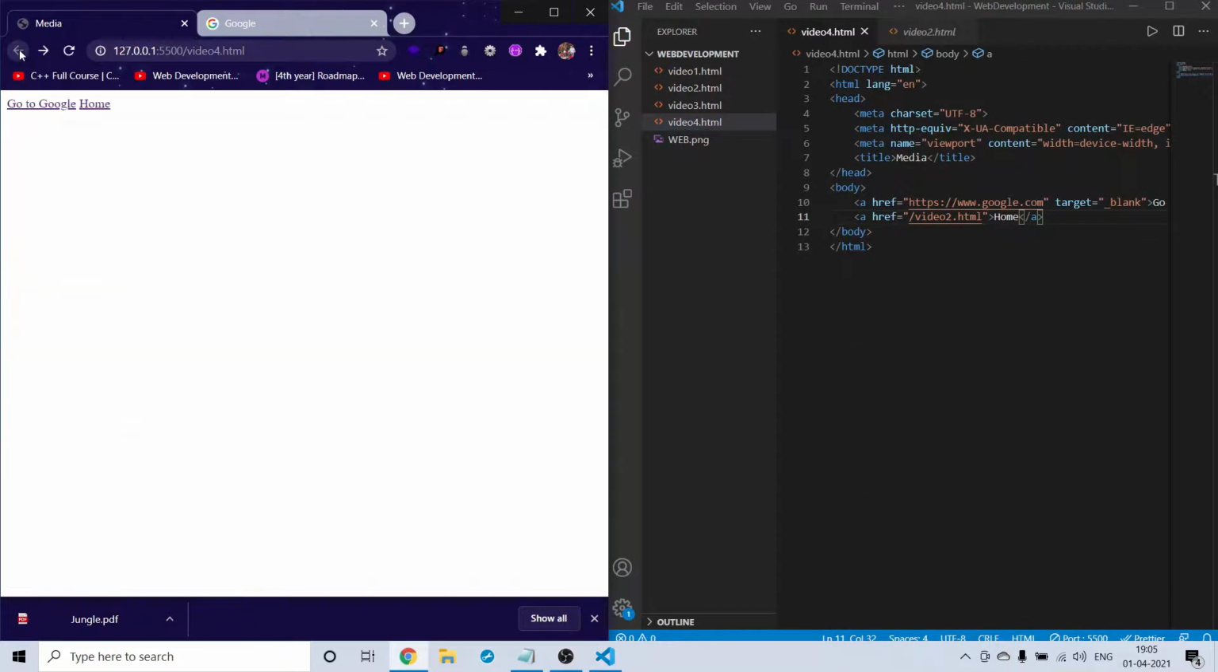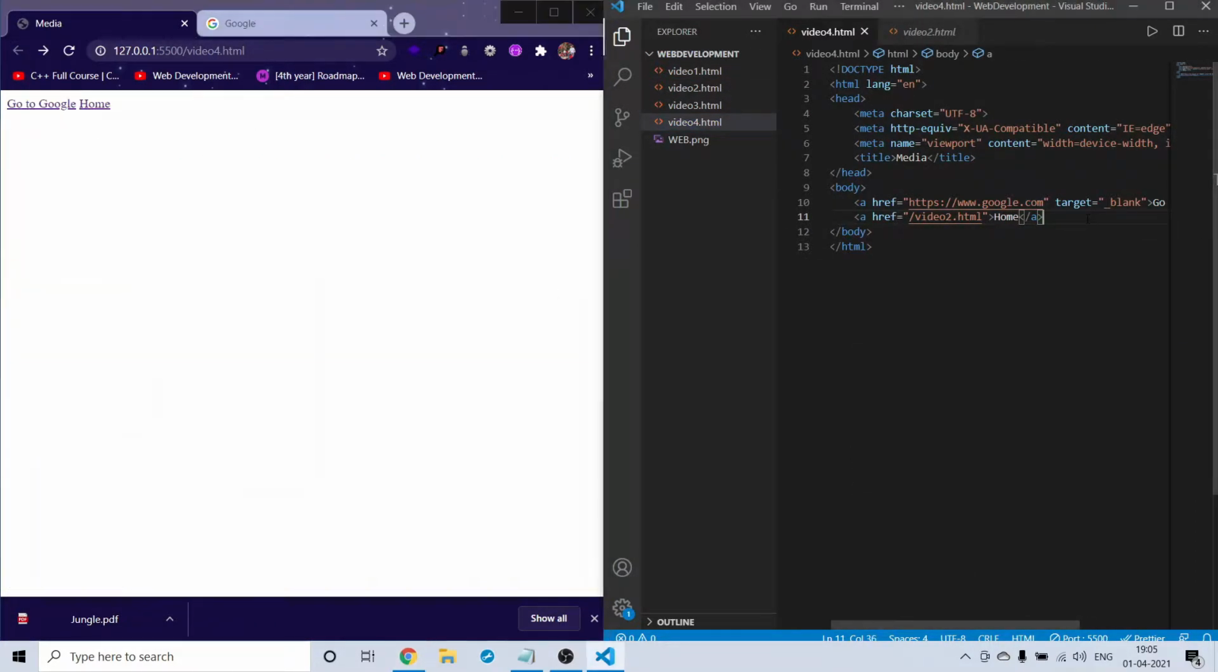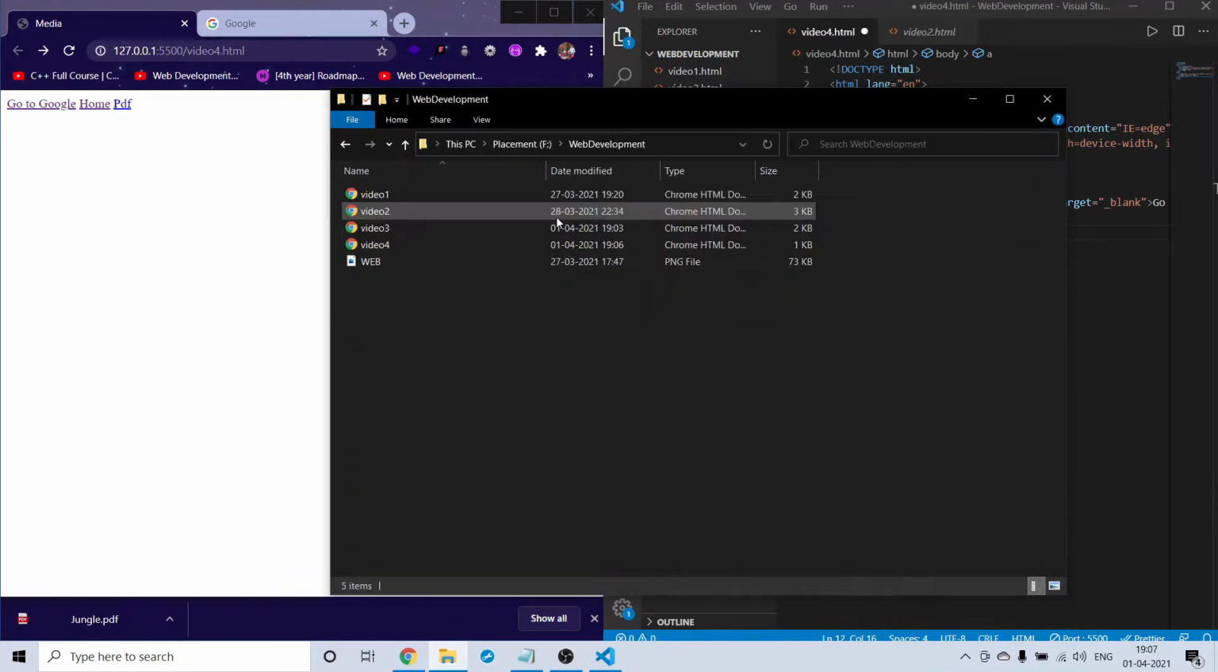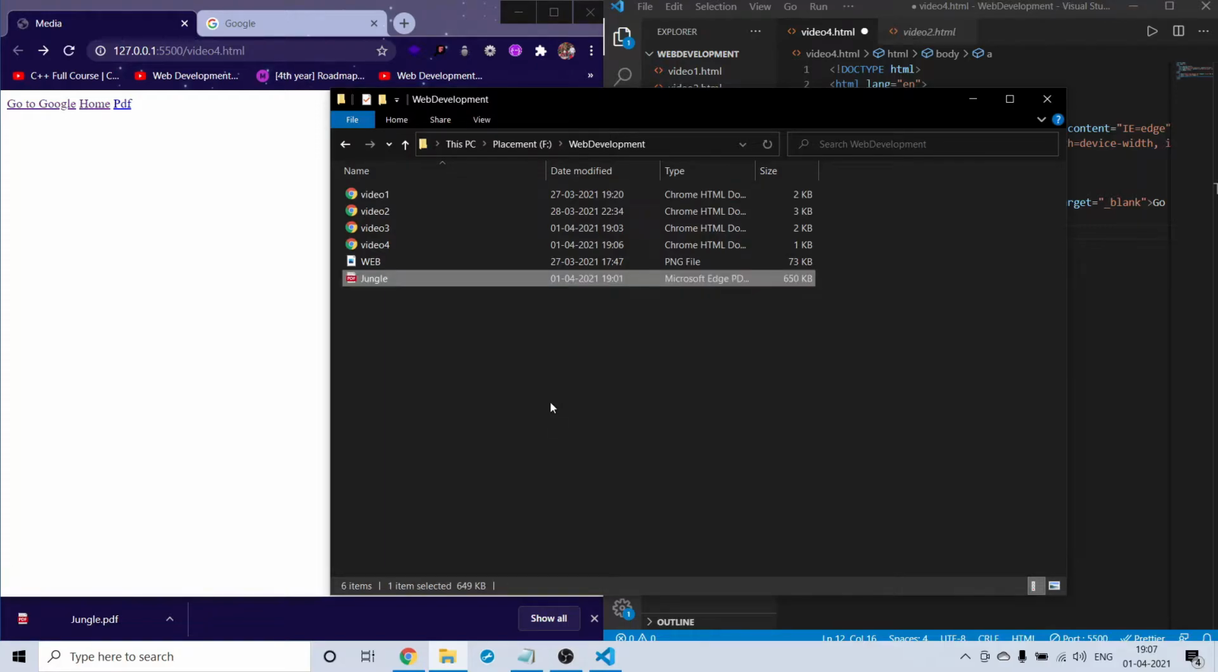Now let us come back here, and now we need to show PDF files, right? So what we can do is, if you have your PDF files in any Google Drive, you can just copy the link and paste it here, or if you have your PDF locally, I'll use the A tag and the href. So let me tell you where my PDF is. It is in the downloads, so I will cut this. I'll paste it in the web development folder,